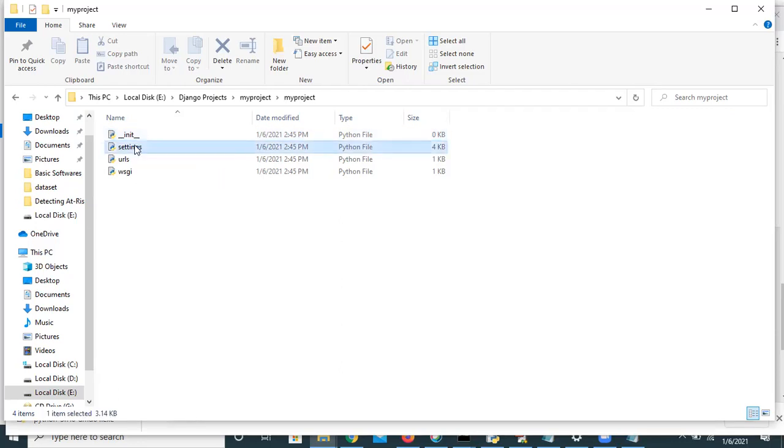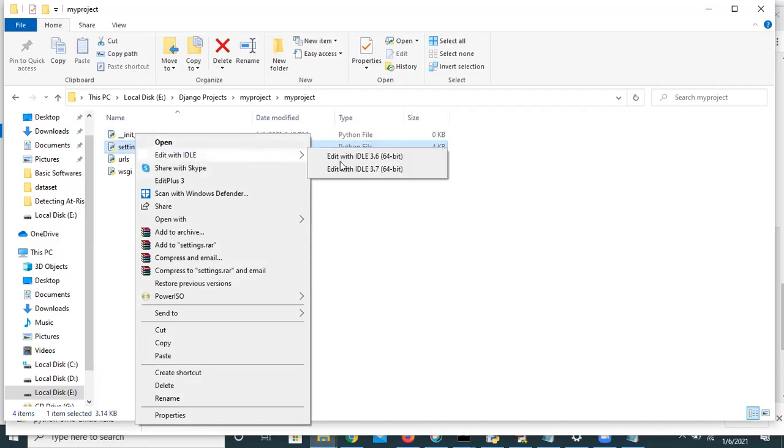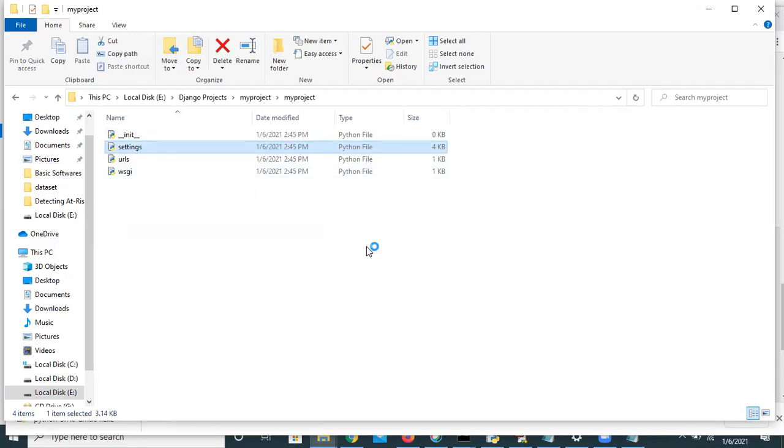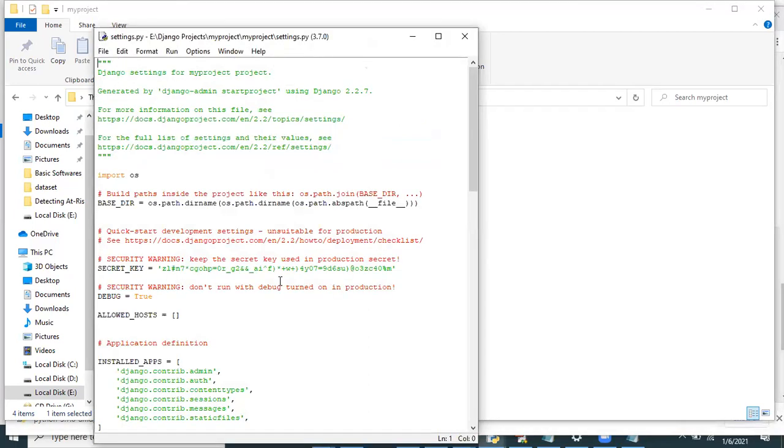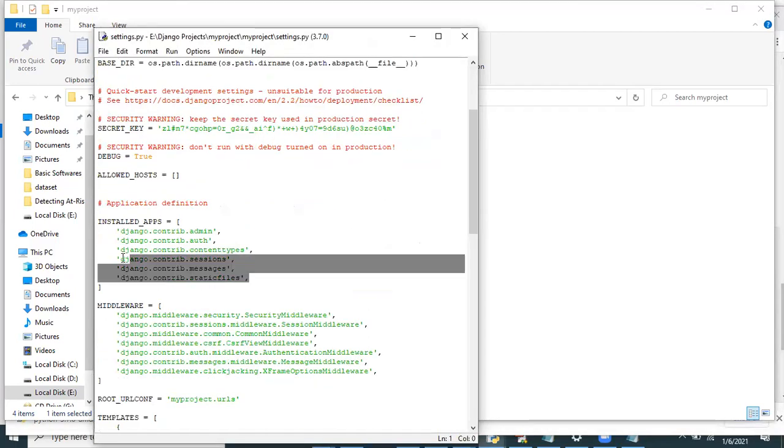We have not written a single line of code, but you can observe how much code was created in settings.py. Django has some inbuilt applications. Here application is different, project is different in Django. Just now we have created a project. A Django project contains applications.